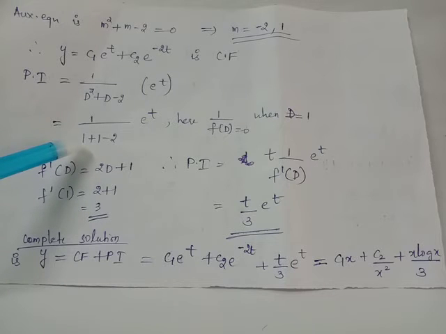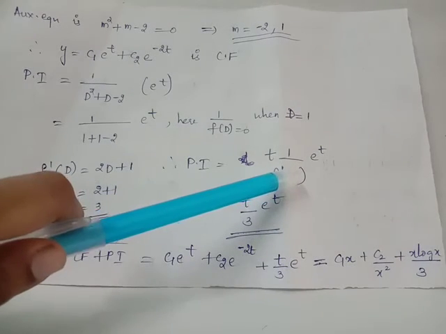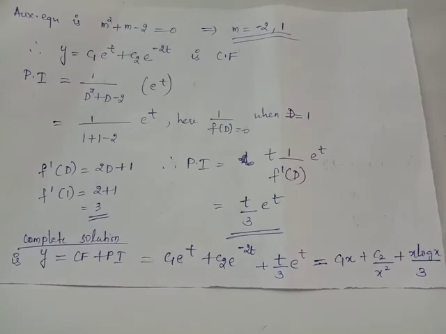We notice that f(D), when D = 1 is evaluated, becomes 0. Therefore, we have to evaluate f'(D). The derivative of f(D) is 2D + 1. When you evaluate f'(1), that is giving D = 1, you get a non-zero answer, 3. Thus, the particular integral in this case is t times 1/f'(D) into e^t, where D is replaced by 1, which is the coefficient of t in e^t. We have f'(1) obtained as 3. Therefore, the particular integral is t e^t / 3.